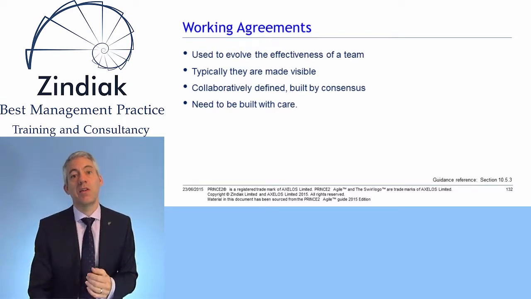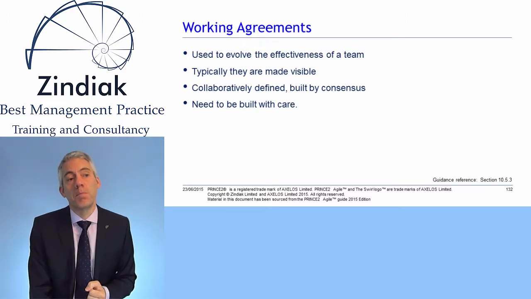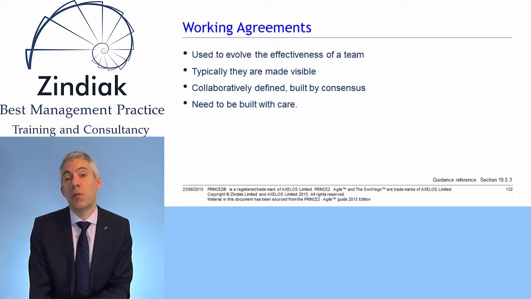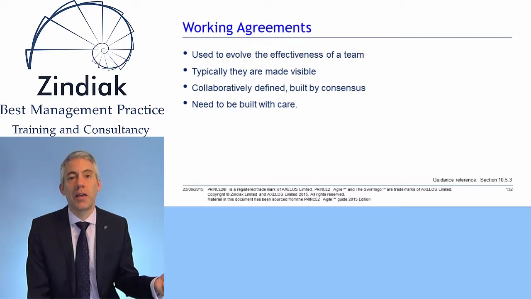It's more specific things, maybe to do with how we communicate, and saying that perhaps our first form of communication should be verbal and not email. You may have specifics like that, or we don't copy senior people into emails that they don't need to know about, or